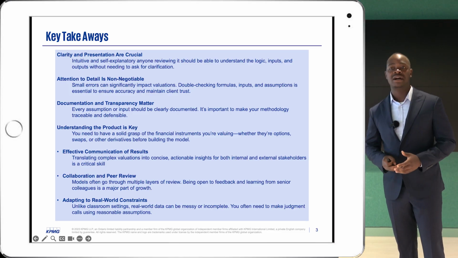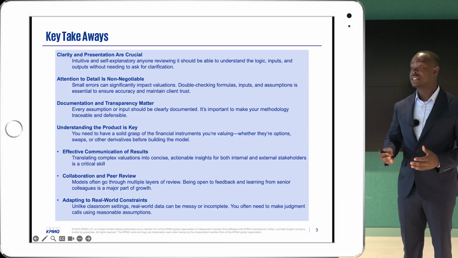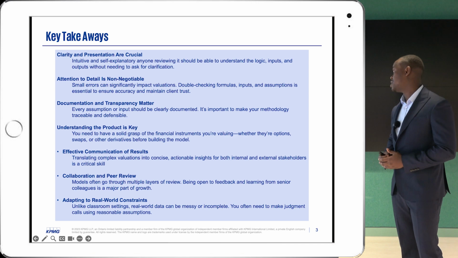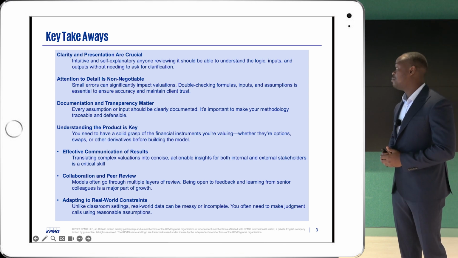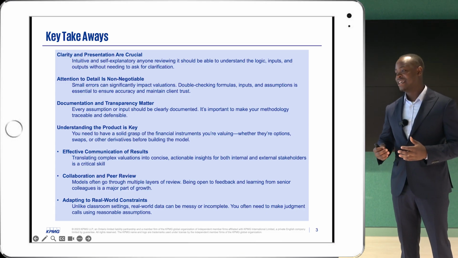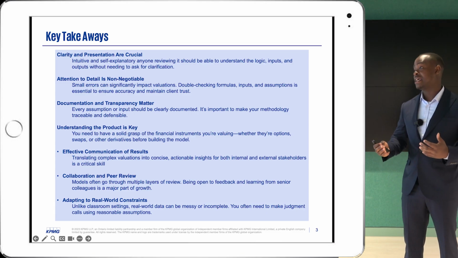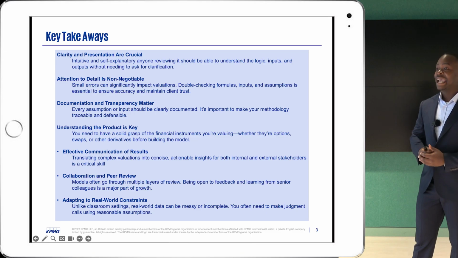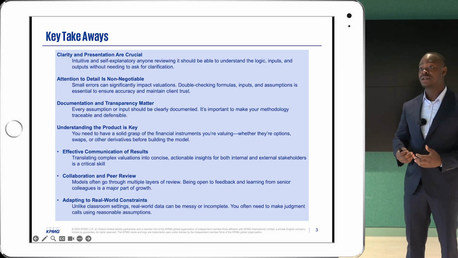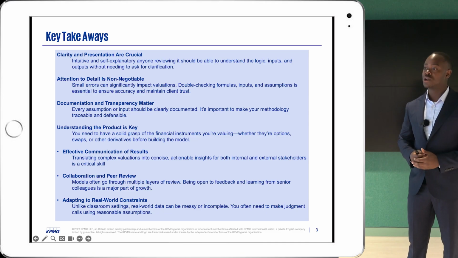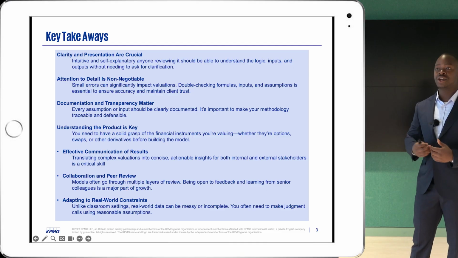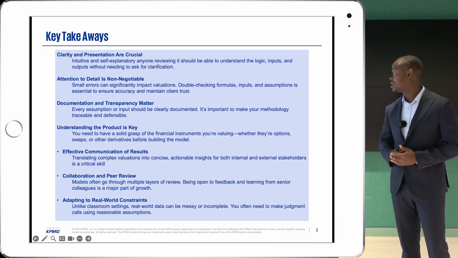So apart from the technicals, which is obviously valuation techniques and a deeper understanding of derivatives, I also had other key non-technical takeaways from my internship, which is that presentation and clarity was very crucial because most of this job was a lot of interaction with clients, and a lot of your work was very client-facing. And that also brings another key takeaway, which is effective communication, because my daily work would involve hopping on a call with external clients, usually very senior people from big companies, and understanding their requirements for valuations and then putting that into work.